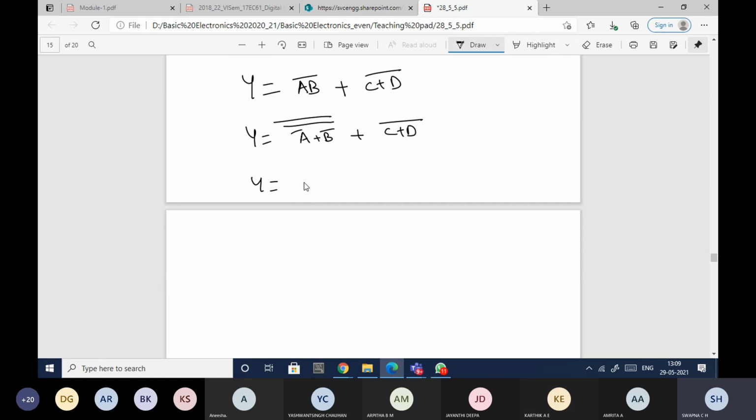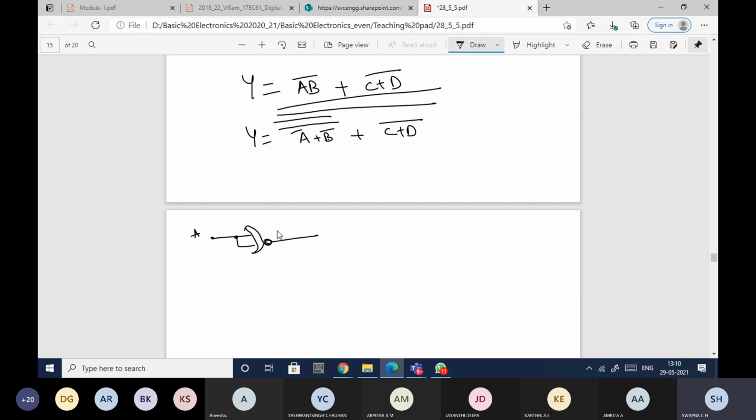So now I'll be able to get A bar, I'll be able to get B bar, and I'll be able to get A bar plus B bar whole bar, and one more bar also. And this one also I'm able to get, but am I able to get this plus this whole bar? It should be there, but it is missing, right? So what I will do now, I'll take double complement like this. So directly I can implement this function. Sorry, not NOT gate, NOR gate. If you observe, I just have plus and whole complements only. So I'll give it to the NOR gate.